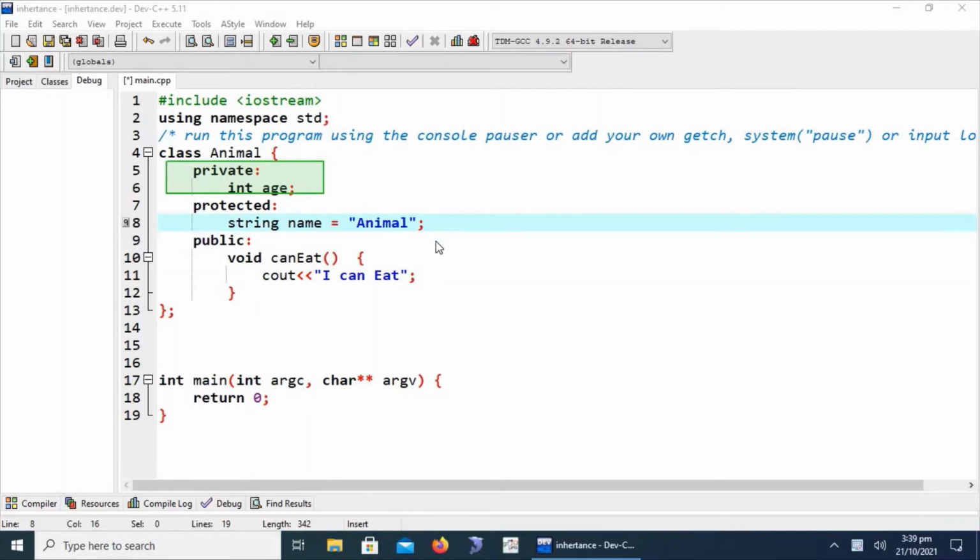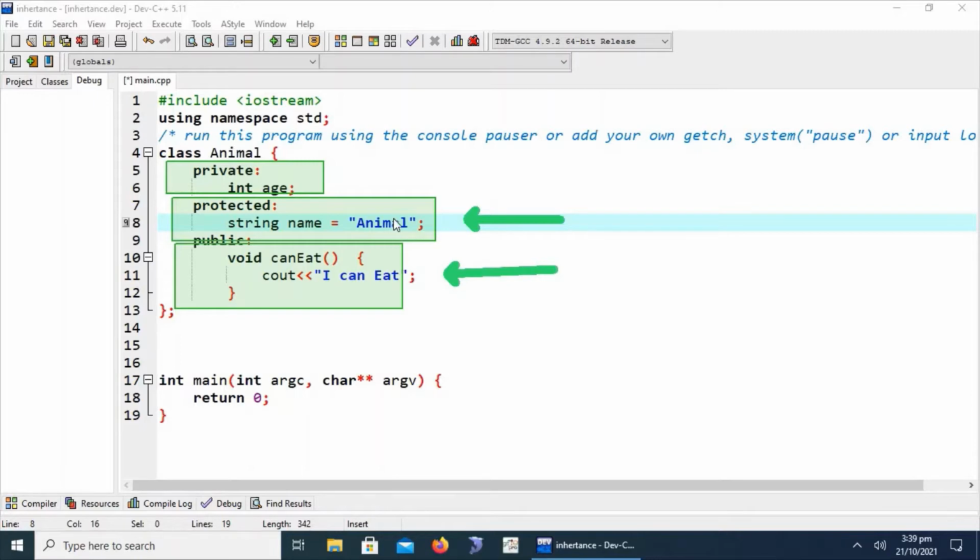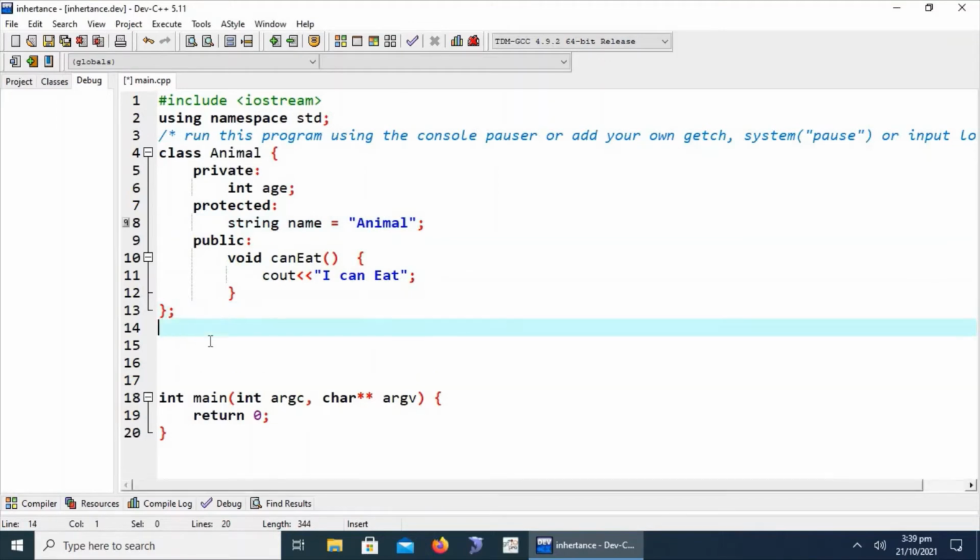The protected member access specifier will be accessible in derived child classes, and the public access member will be available in child classes as well as outside of the class. The protected one is not available outside the class, only inside the child classes. The public one is available outside the class as well as in child classes, and the private access specifier is not available outside of the base class.